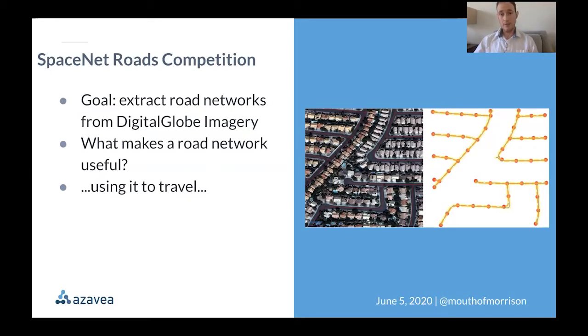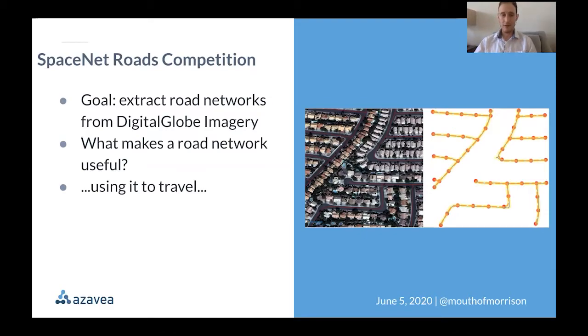So they sat down and thought, well, if we're going to incentivize people to extract road networks out of DigitalGlobe imagery, high resolution satellite imagery, we have to think about why do we care about that data? Well, we care about it because we want to be able to efficiently route people in undermapped areas, or route resources to the right places in undermapped areas. That means we need a road network. We don't care about the actual road pixels. We care about the network that's represented by those pixels